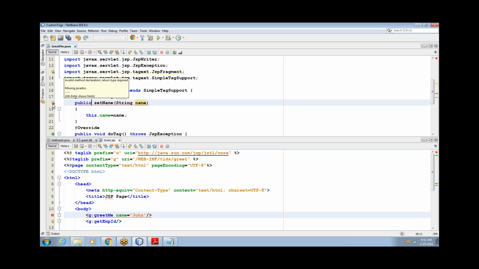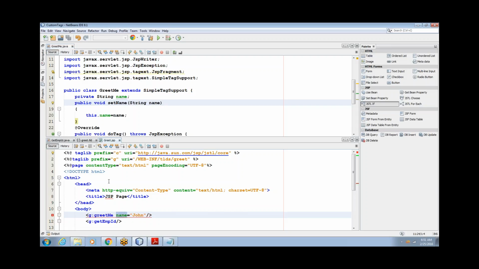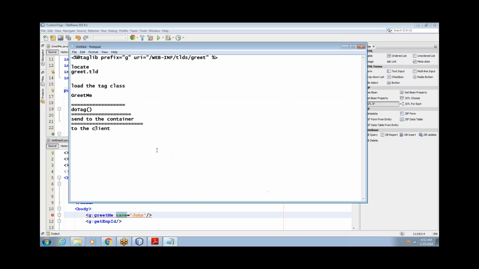Invalid method, okay, sorry. Set is void. So whenever you're declaring a tag with attributes, if you're providing this name, when this is executed, the container will map this to the attributes of the class. This is how attributes are initialized. It will first map it to the greeting class, then map to the properties of the class, and then it calls the set methods to initialize. I repeat,